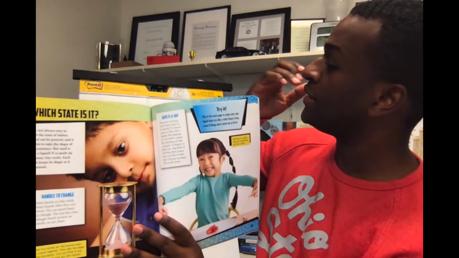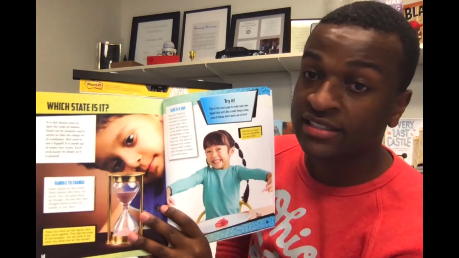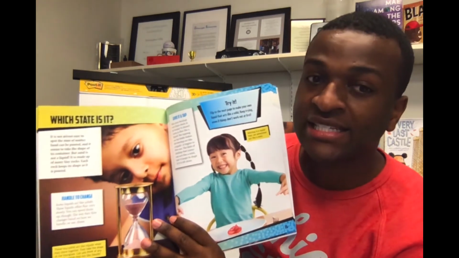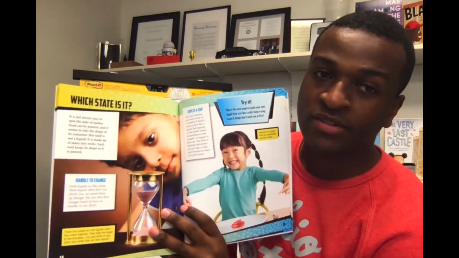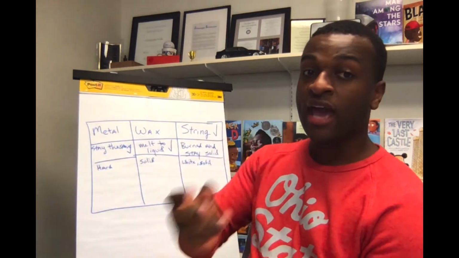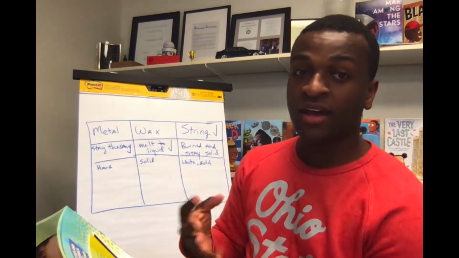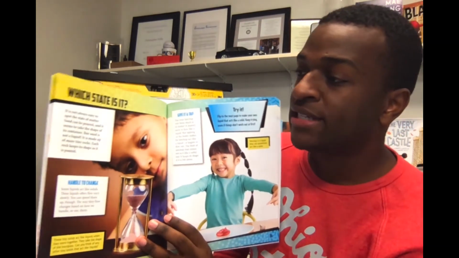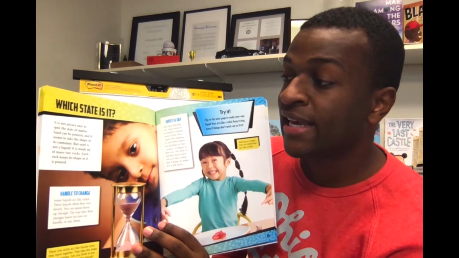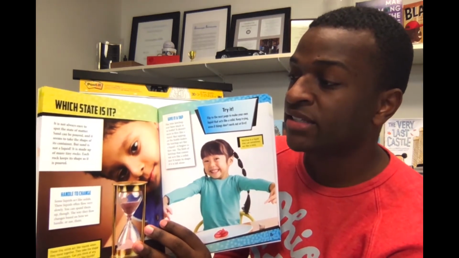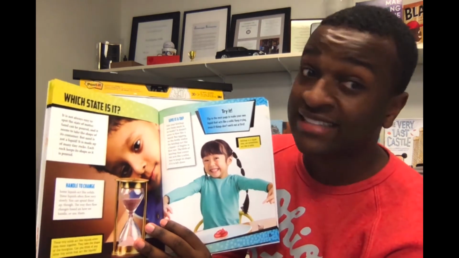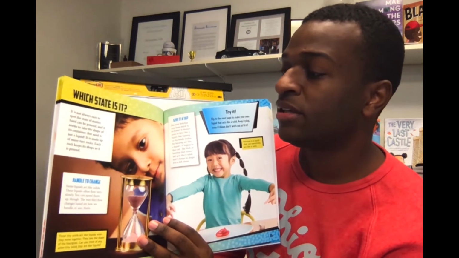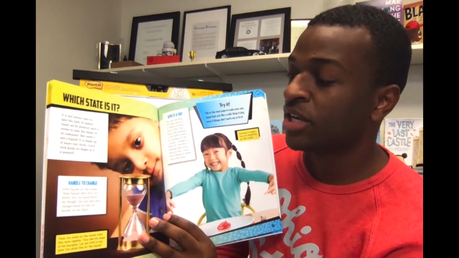Which state is it? Now, if you're thinking state means like something like Missouri or Kansas or Illinois, that's not what state means in this space. State means how it is in its current being. How is it right now? The state that it is. It's not always easy to spot the state of matter. Sand can be poured, and it can seem like it takes the shape of the container. But sand is not a liquid. It's made of many tiny rocks. Each rock keeps its shape, the shape as it's poured.